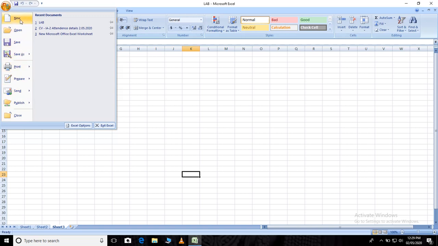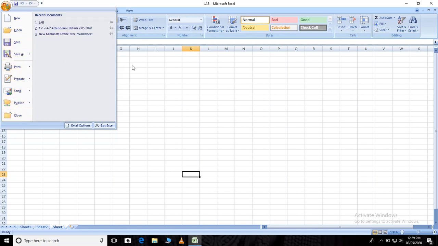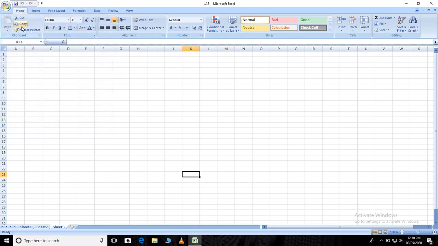Okay, if you want to create a new file, you can create new. If you want to open your previous file, or you already created one file, you can open. Okay, if you want to save as, everything. These are the options. Then after that, if you come here, this is the menu bar, different menu bars are there. So here, first is Home. Again here it is cut, paste, everything is there. Okay, how to use them I'll explain later.